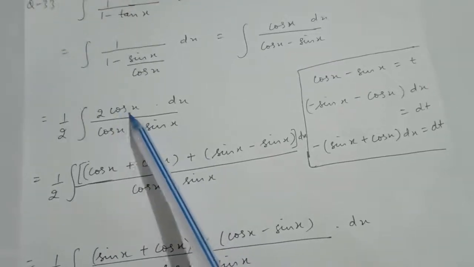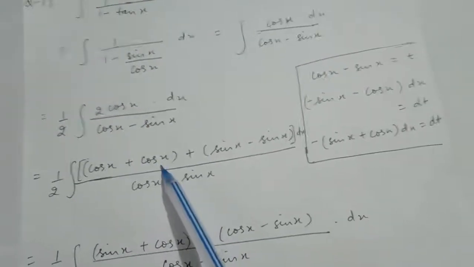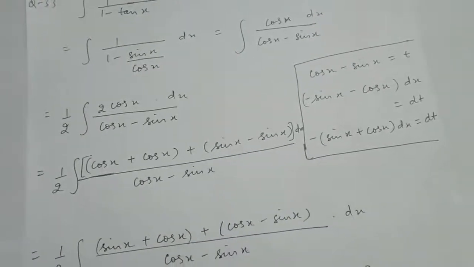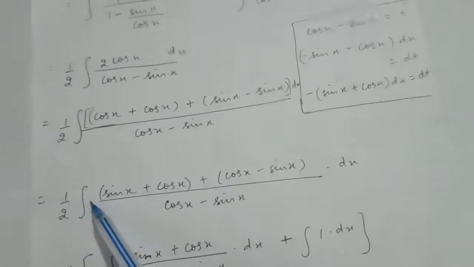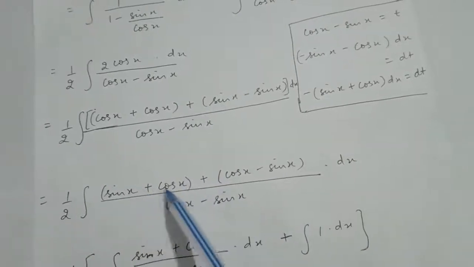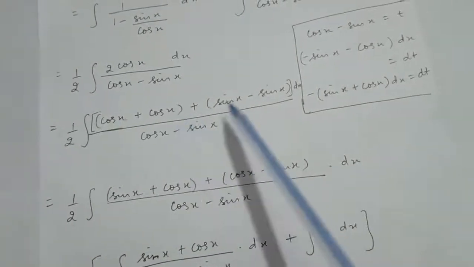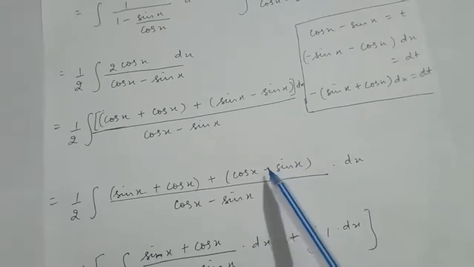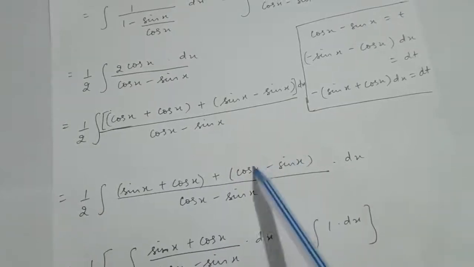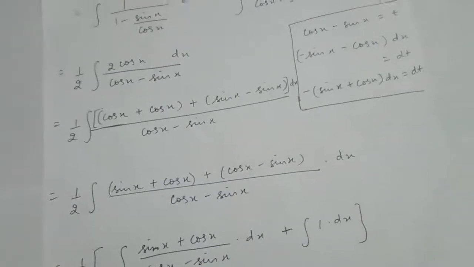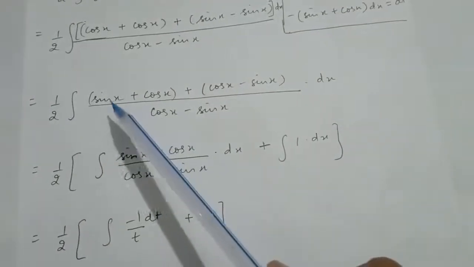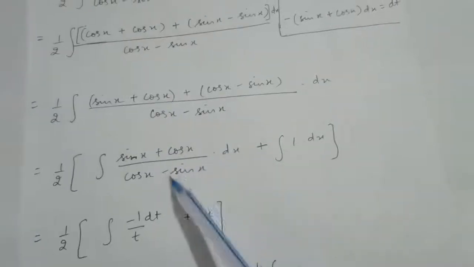This 2 cos x can be written as cos x plus cos x, right? Also I am adding and subtracting sin x. Now 1 by 2 as it is, integral of, take this 1 cos x with plus sin x, right? And plus another cos x with minus sin x. Now divide this term with cos x minus sin x and also divide this term with cos x minus sin x. So you will get 1 by 2 integral of sin x plus cos x upon cos x minus sin x into dx,